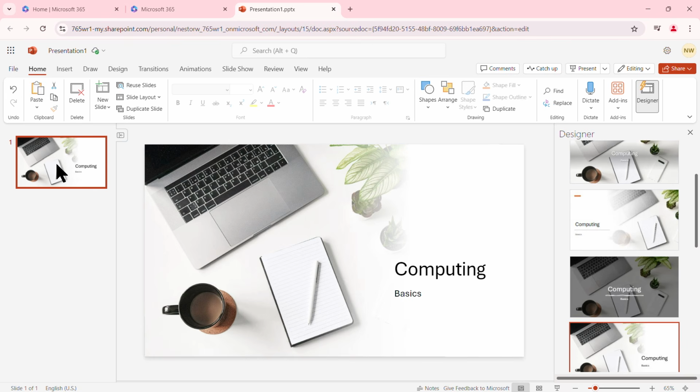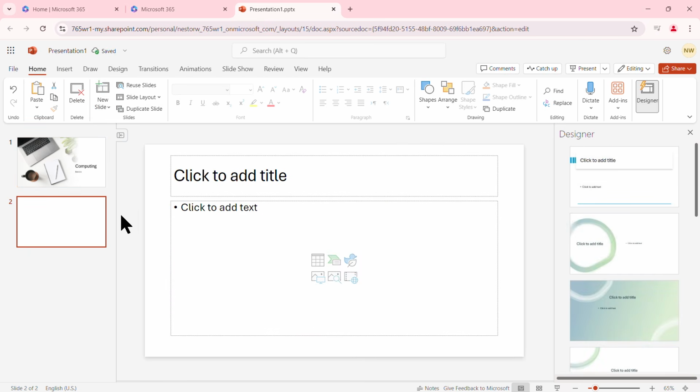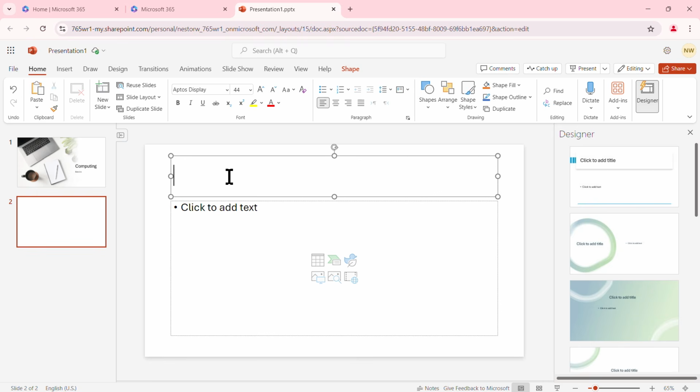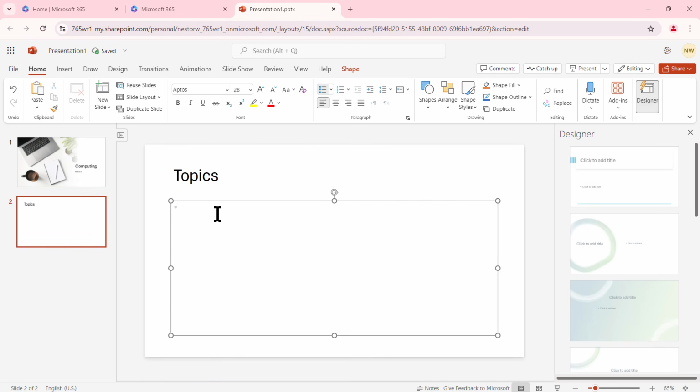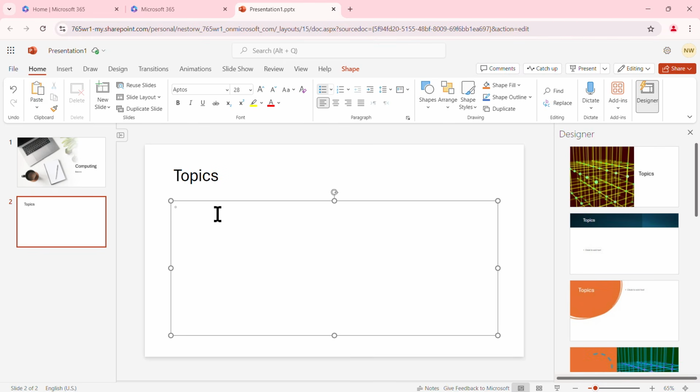I'll go ahead and insert another slide. So right here on the Home tab, I can go ahead and insert a new slide. So I'll click on New Slide. It inserts the basic slide. So we have the title, and then I can add content to this content placeholder below. So this one, I'll just say this is the topics. And in here, I'll go ahead and put my outline in here. The topics here consists of